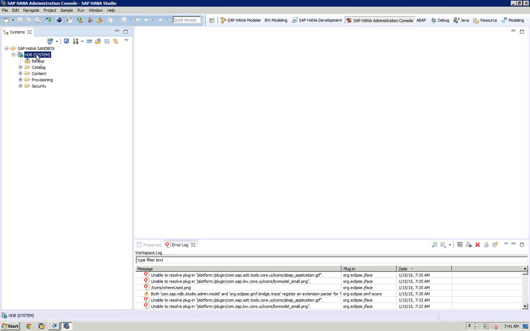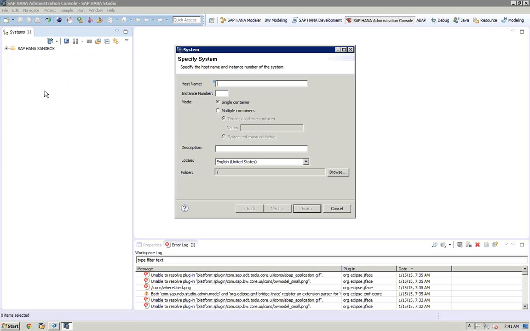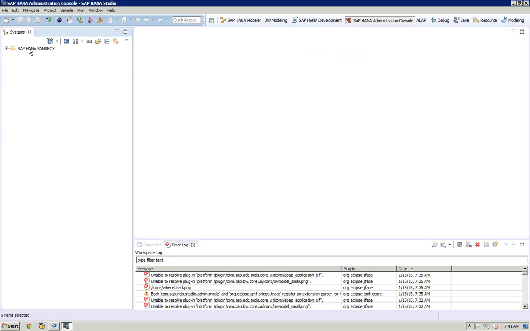See, the system has been added to the navigator view. It's not mandatory to add the system under a folder. If you want to add the system directly to the navigator view, you can directly add it. Just right click and select add system. Once the system has been added directly in the navigator view or under appropriate folders,